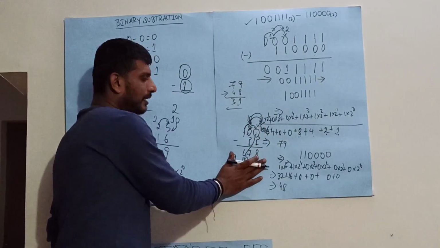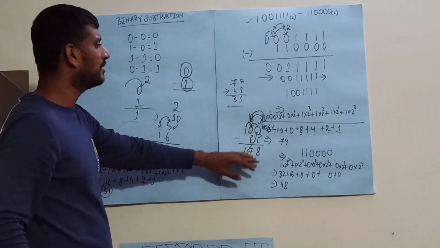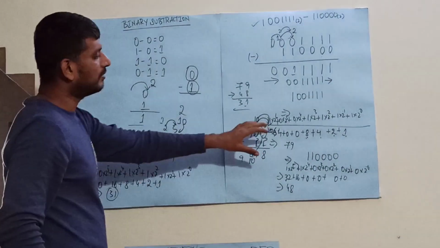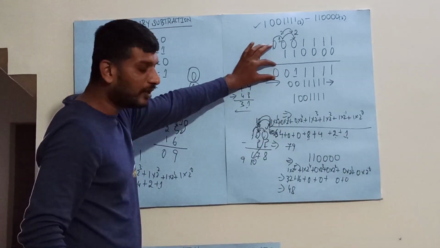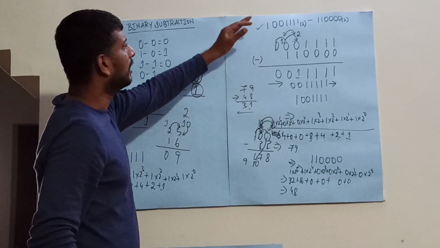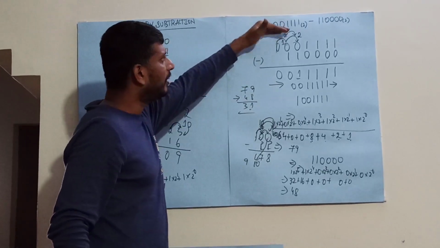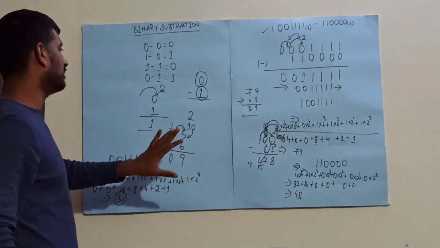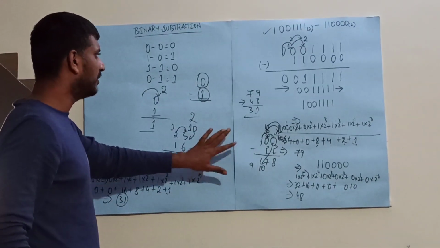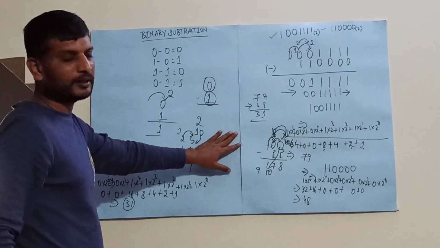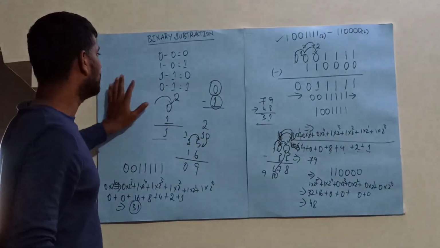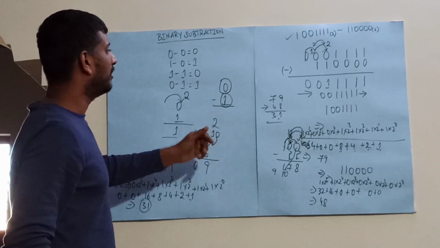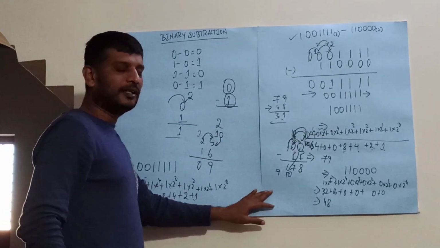So this is how exactly the subtraction works, and I have cross verified it also. Whatever answer I have got, I cross verified by converting the binary value to decimal. This is how exactly you perform the subtraction. If you have any doubts with this particular topic, you can just contact me. In the further classes, we will be solving 2 or 3 problems in a class, and will be provided with some assignments. If you have any doubts, you can just contact me.